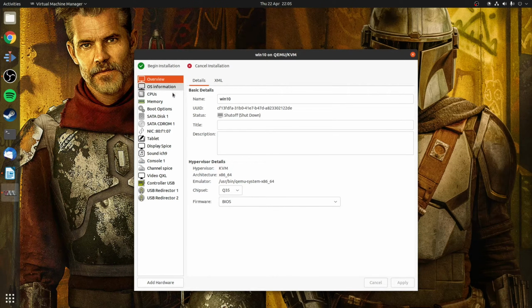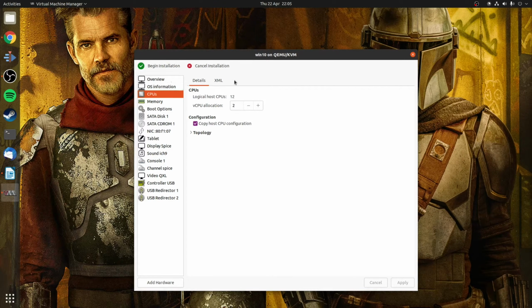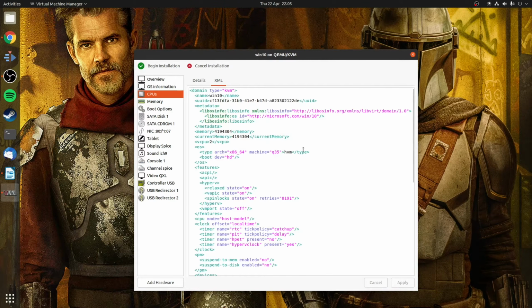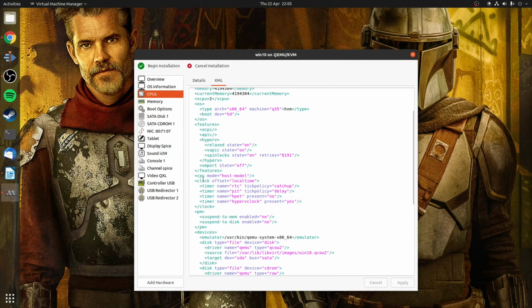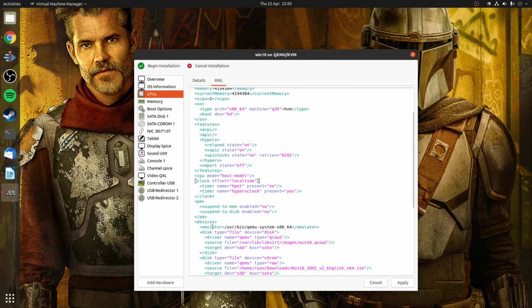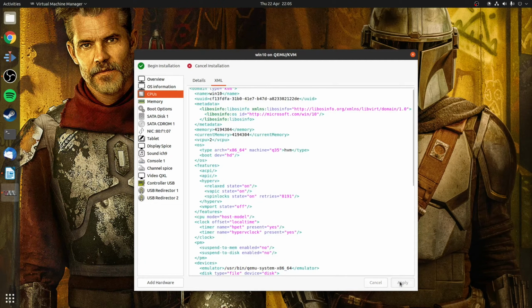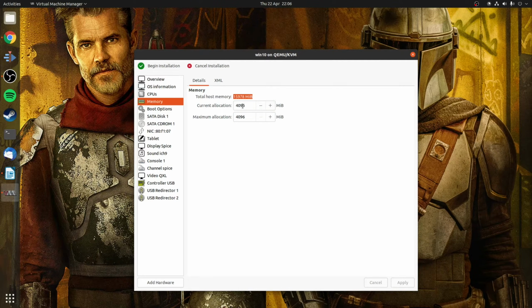In the window that appears, you want to click on the CPU tab at the bottom, going to the XML, and this section here where we talk about the clock. You want to clear these 2 lines up here and make sure that that says yes. The reason we do this is this will dramatically reduce the CPU usage from about 25% to about 3%, give or take. So click apply on that,